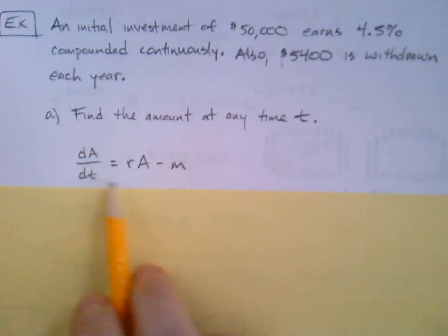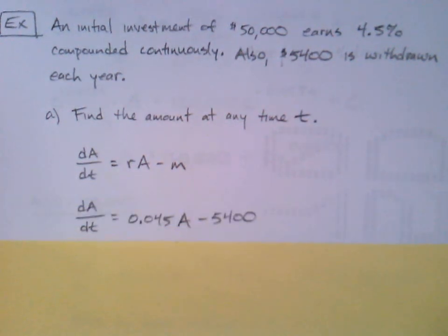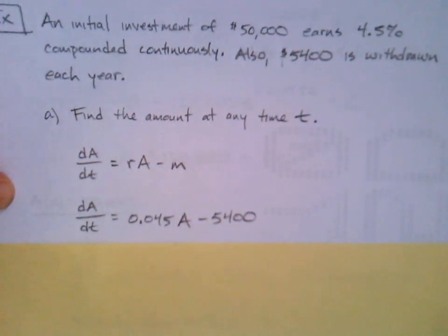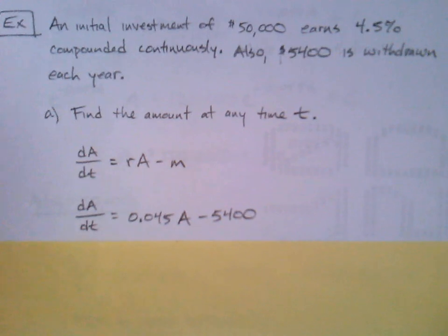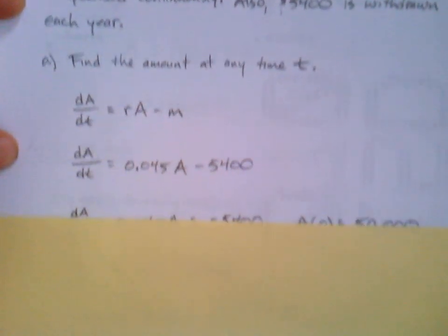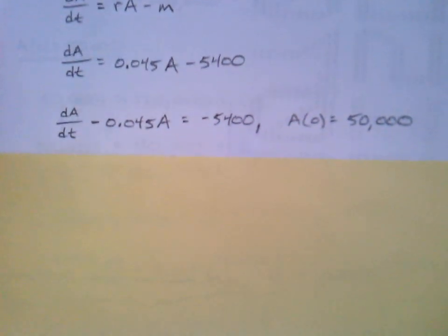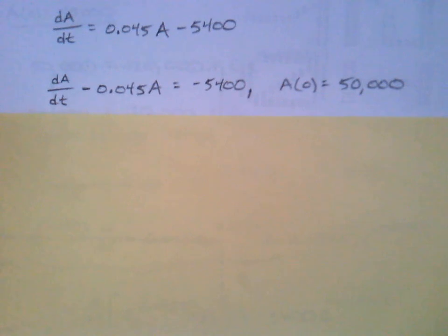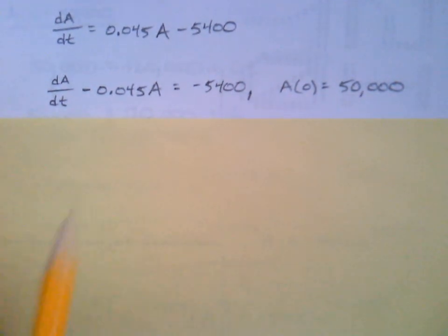Usually though, we don't want to think of it this way. Oh, my mistake, I'm getting a bit ahead of myself. So let's plug those values in. There's our interest rate. There's the amount we withdraw. But we want to write this in the form of a linear differential equation. We want to move this term to the other side, like so. Let's do that. Okay, now it looks like